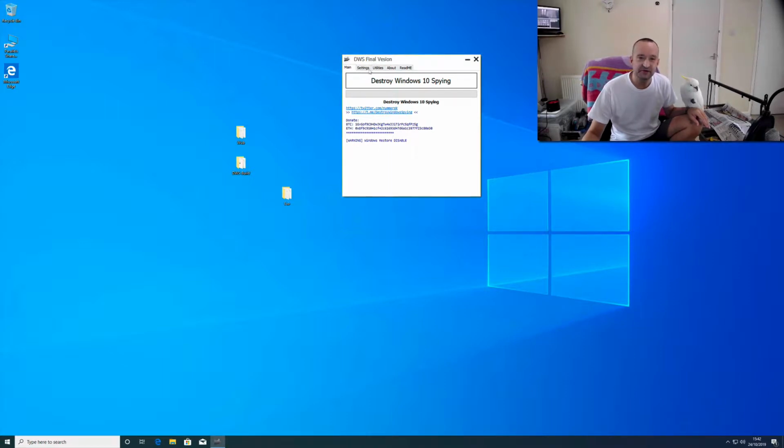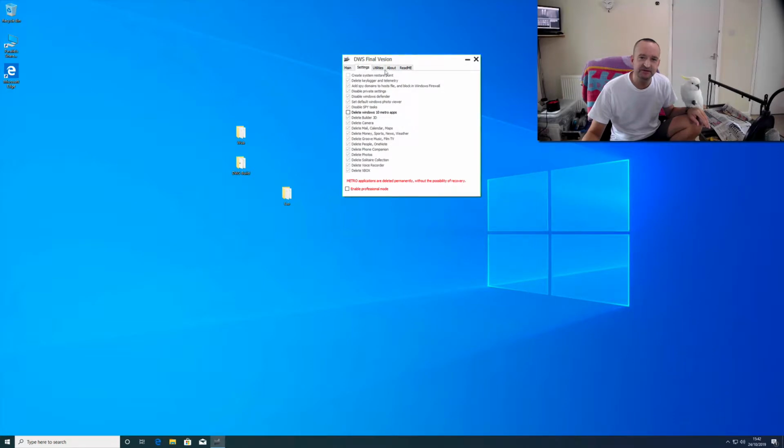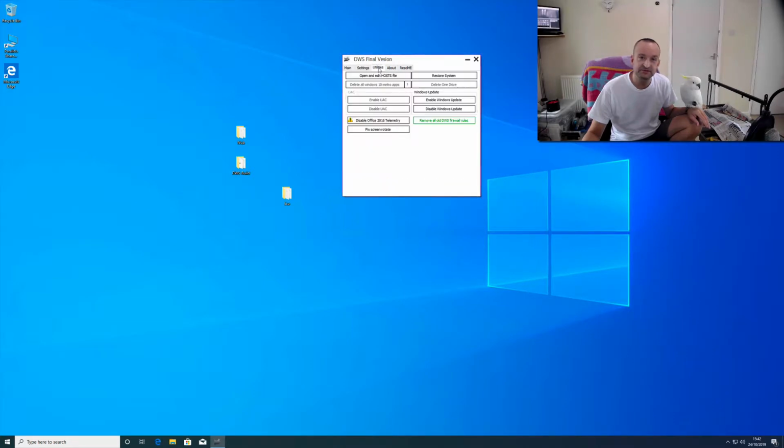It gives you info on it and stuff like that. It's from GitHub, and you get little tweaks. I think I've already done some stuff to this. Anyway, you can create a restore point and all the rest of it before you do any of this, but